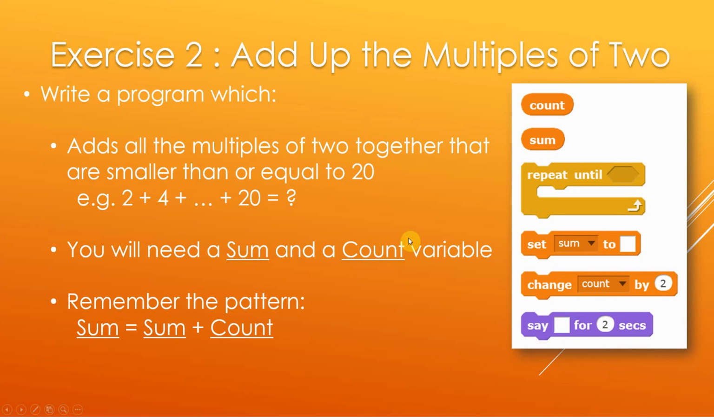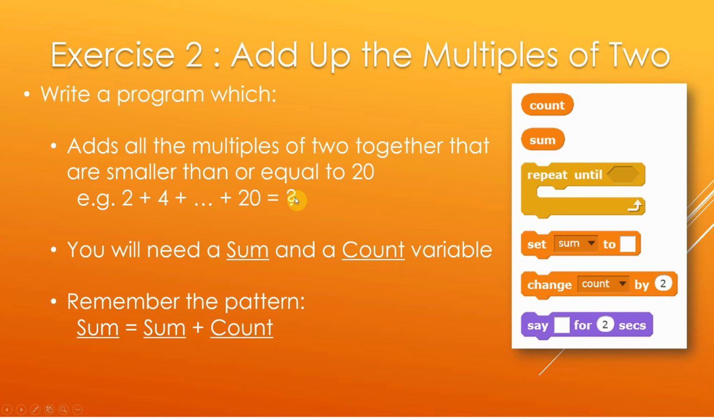Alright, next exercise, exercise number 2. We are going to add up the multiples of 2. So we need to write a program which adds up all the multiples of 2 together that are smaller than or equal to 20. So basically we are writing how to add up the 2 times table. So we are going to go 2 plus 4 plus 6 plus 8 all the way up to 20